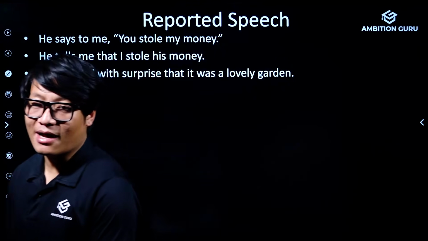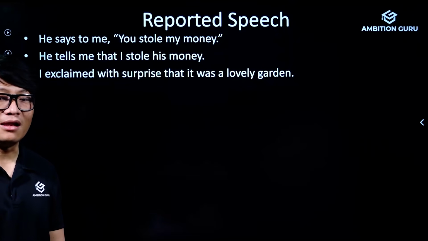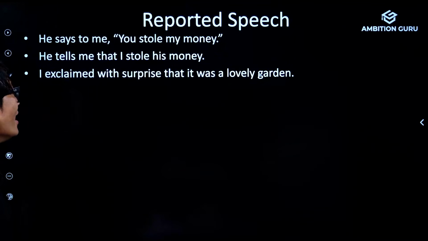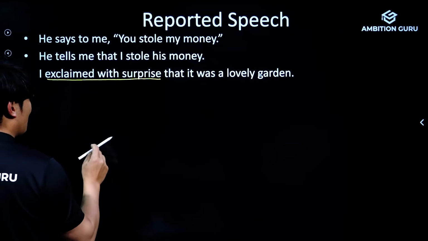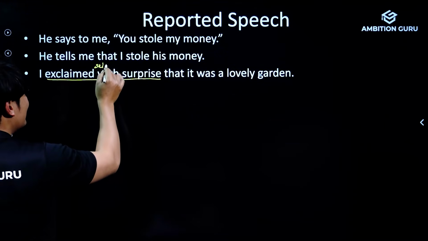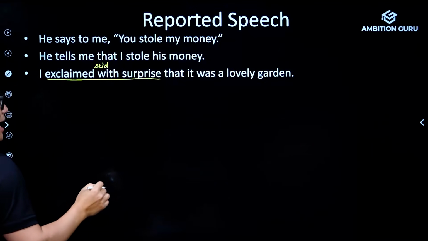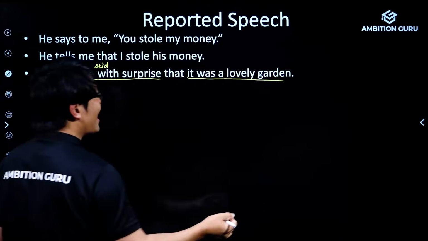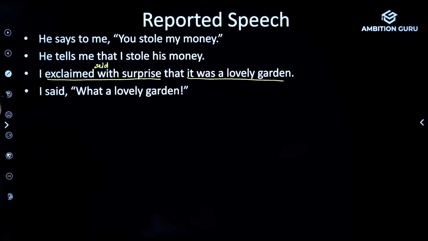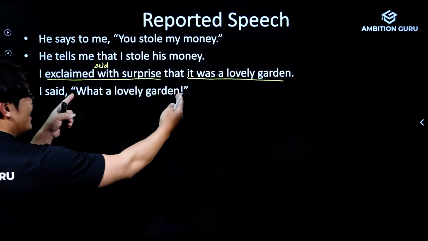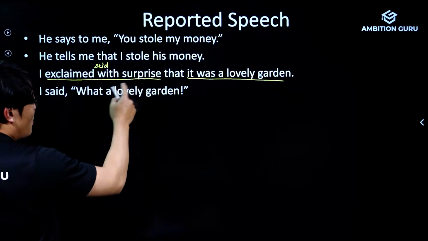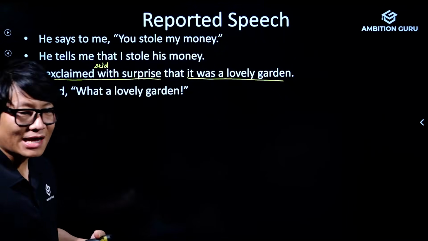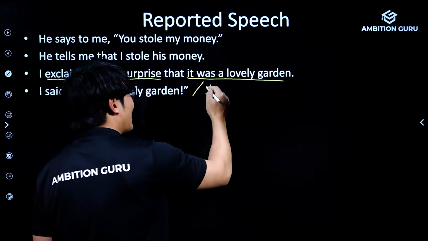Wow, it is a lovely garden. Very good. Or what a lovely garden. Very good answer. So exclaimed with a surprise. That means we need to write here said. And it was a lovely garden. So it has two answers. One is this: I said, what a lovely garden. So obviously this sentence expresses surprise. So we need to write I exclaimed with a surprise. And the next sentence can be, as you have said, like I said,